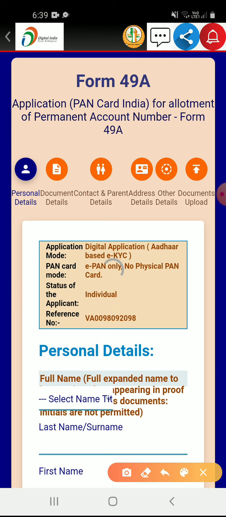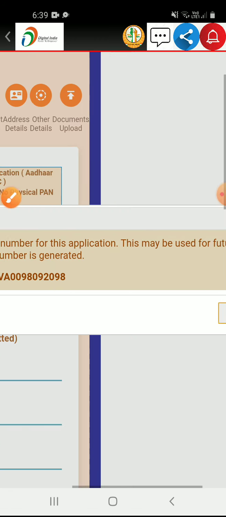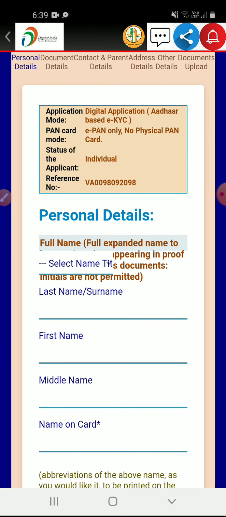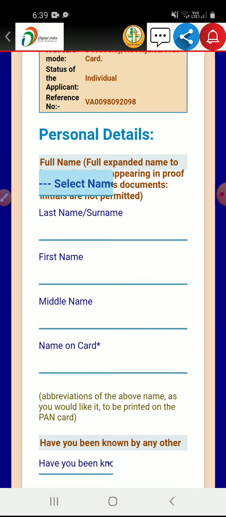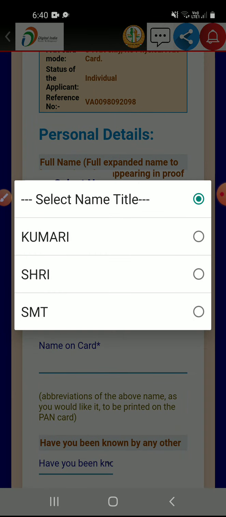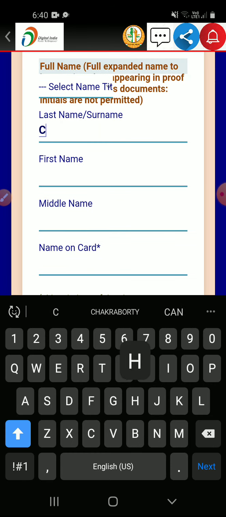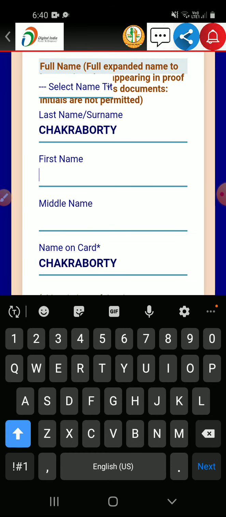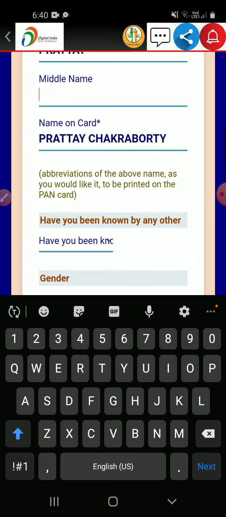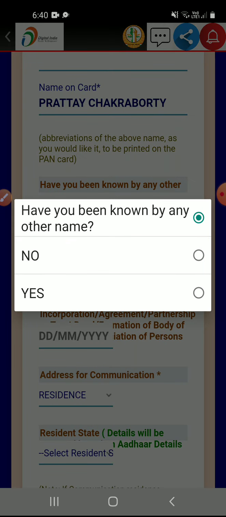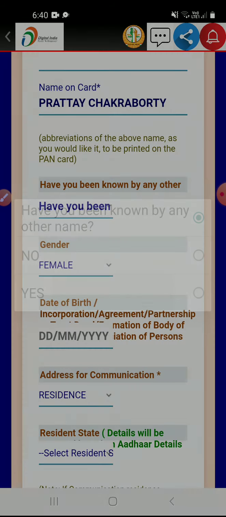You can see your reference number here, note it, you will need it afterwards. Press OK. Then, have you been known by any other name? Yes.